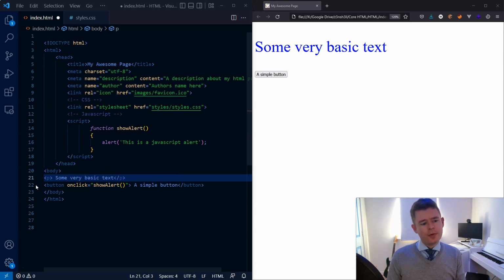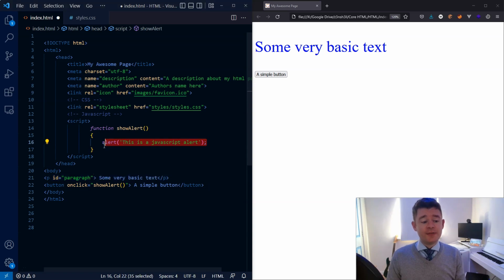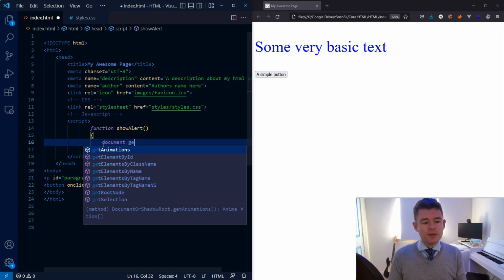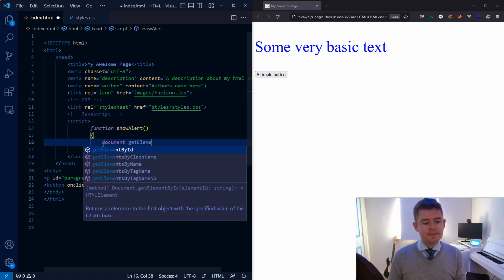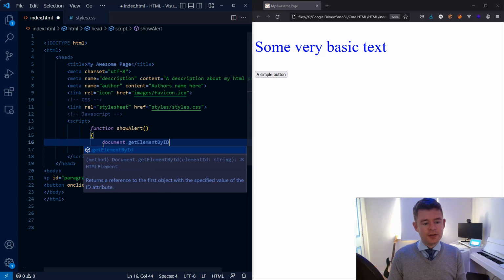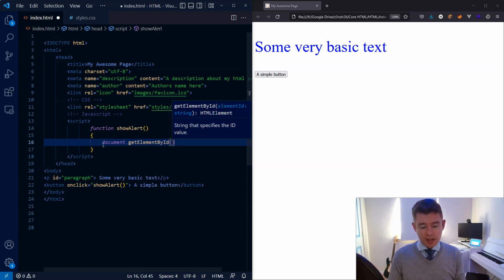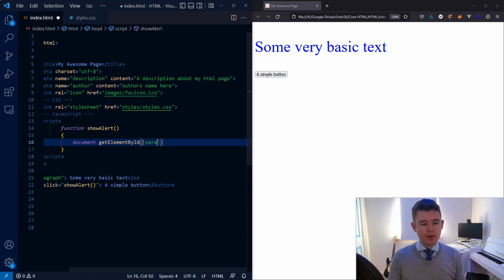Okay, let's try one more thing using JavaScript. The first thing we'll do is set an ID attribute on our paragraph. We'll simply give it an ID of paragraph. We're going to delete the old definition of our JavaScript function, and we're going to make use of a different JavaScript method or function, and it's document.getElementById. So this is going to select the element with a certain ID. We're going to search for the element with the ID of paragraph. We're then going to call